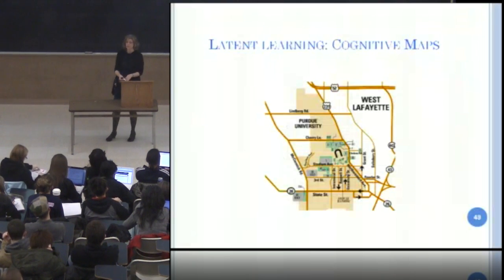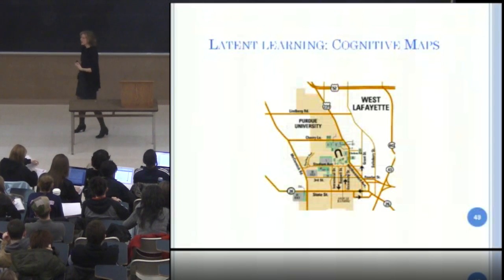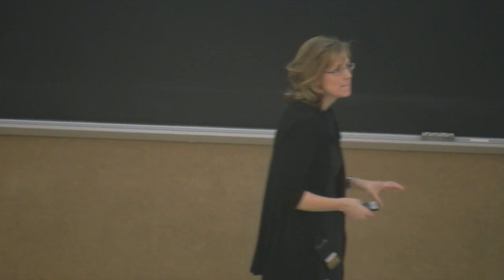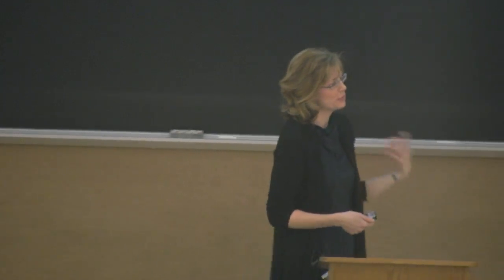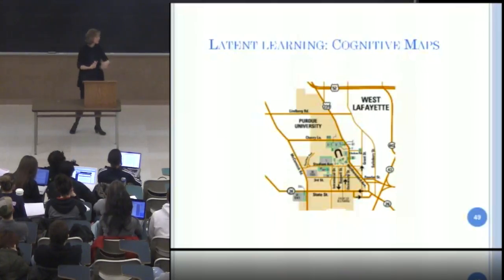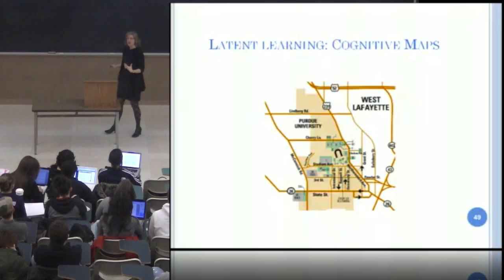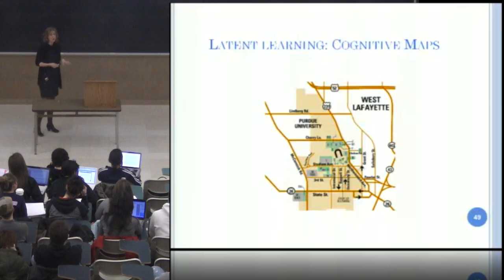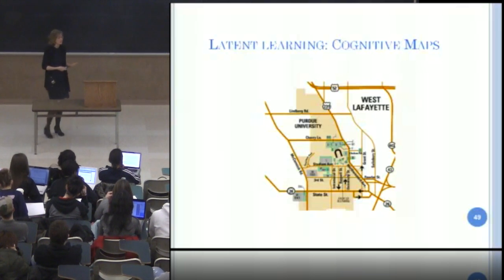So Tolman thought that we were doing this all the time, and he called this cognitive maps. For instance, when you go to a new place, you're learning where things are all the time. You're learning where the post office is, where the bank is, where the Starbucks are, where the UPS drop boxes are, where the buildings are. You just don't know you've learned it until you have an actual need to go there. And then you realize you've learned it all along. So as we go through our everyday lives, we're picking up all this knowledge of the world around us. It's not until we have a need, a motivation, a goal, that we show we've learned where these things are.